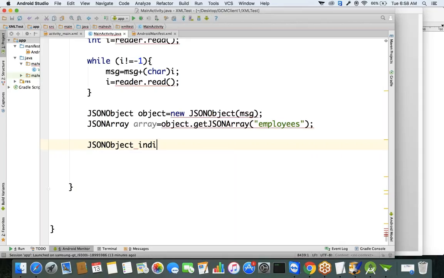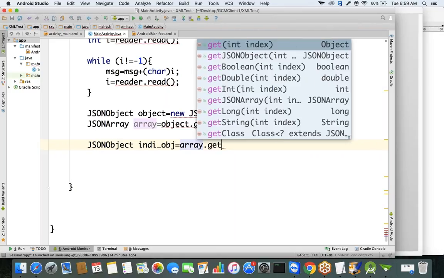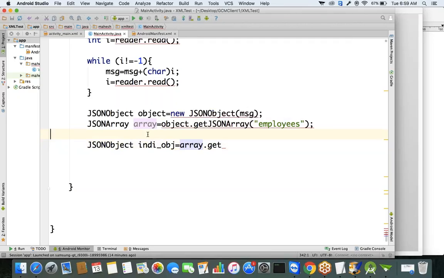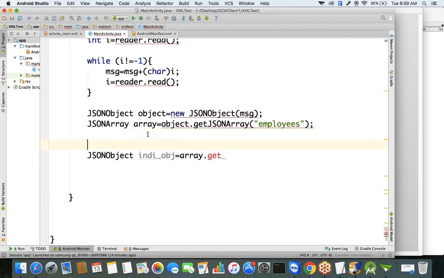So JSON object individual object equals array dot, there is a method called array dot getJSONObject of, we have to pass the index, but we don't know how many records are available in this array. So what we'll do is we'll take a loop, int i equals 0,